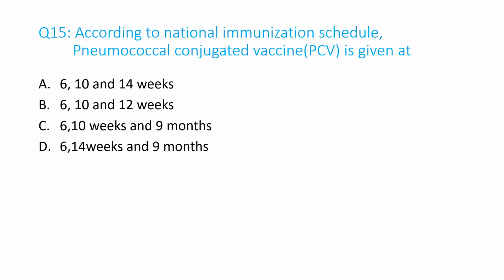Number 15. According to National Immunization Schedule, pneumococcal conjugate vaccine is given at A. 6, 10 and 14 weeks, B. 6, 10 and 12 weeks, C. 6, 10 and 9 months, D. 6, 14 and 9 months. And the answer is